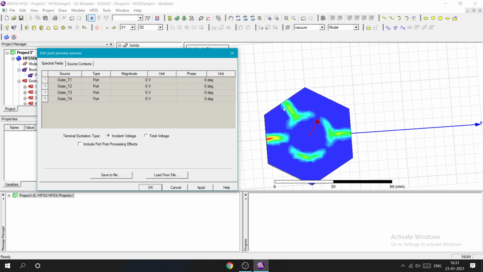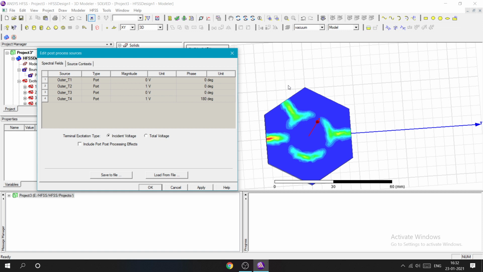So what I'll do is give a value to port 2 as 1 volt, and phase will be 0 degrees, and for port 4, because 2 and 4 are the ports that will decide, I will give another 1 volt and I will change the angle to 180 degrees. So basically these two signals are out of phase. The input signals that are given are out of phase, so in the difference port they will be added up.